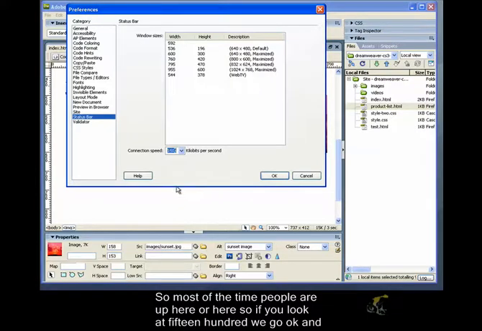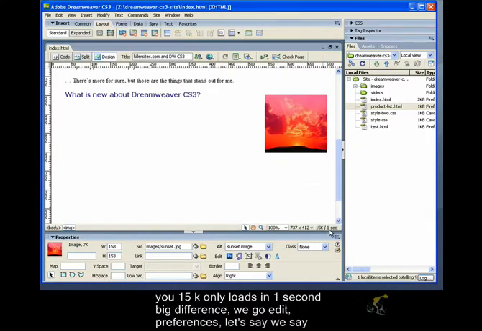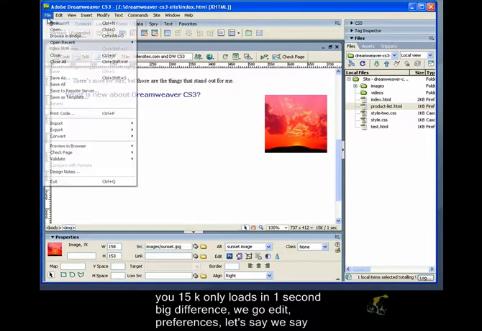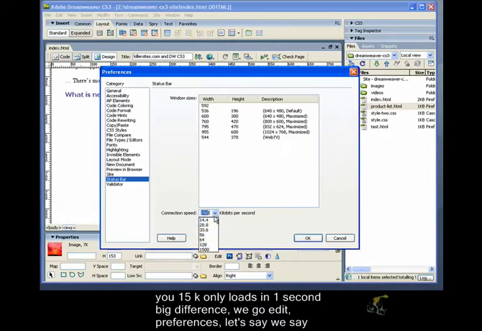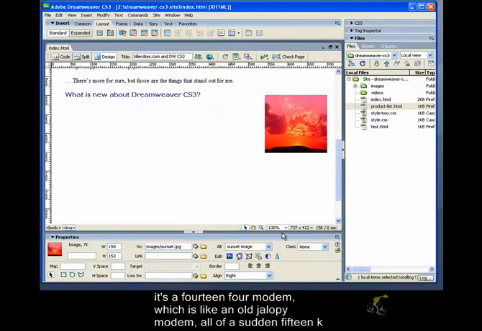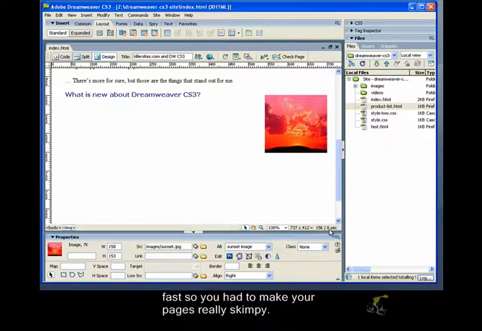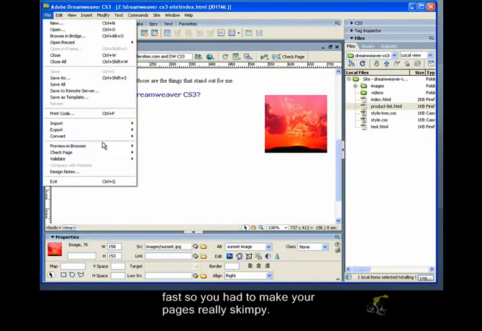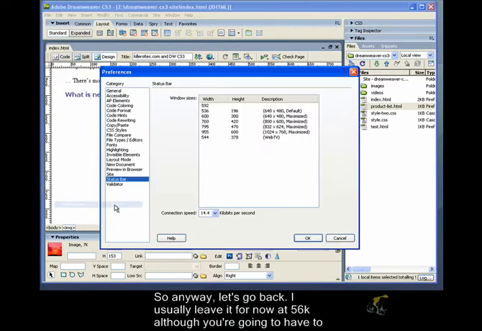So if you look at 1500, we go okay. You see 15K all of a sudden only loads in 1 second. Big difference. If we go Edit, Preferences, and say it's a 14.4 modem, which is like an old jalopy modem, all of a sudden 15K is 8 seconds. Yeah, I remember back in 1993, 94, 14.4 was considered fast, so you had to make your pages really skimpy. So let's go back. I usually leave it for now at